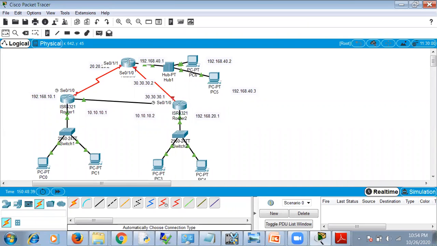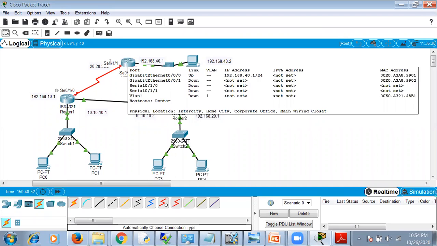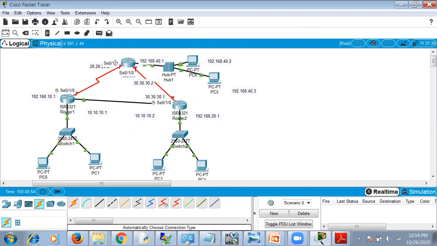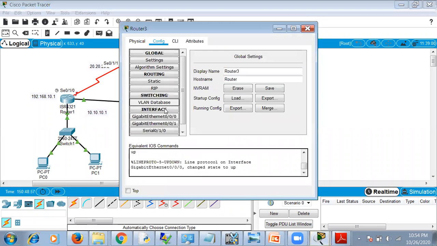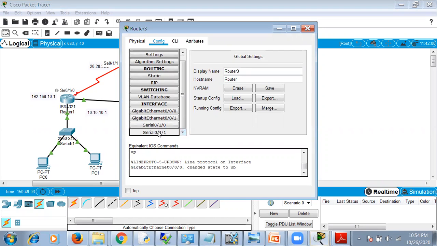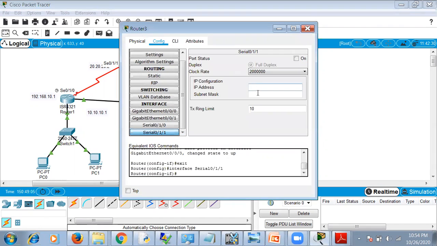Now we'll set the router third address. So when you bring your cursor here, it will show you serial link 0/1/1, whereas this one is 0/1/0. So remember these addresses, that you have to put the proper IP address. So it is 0/1/1. So click here. So the IP address of this, it belongs to 20 LAN.